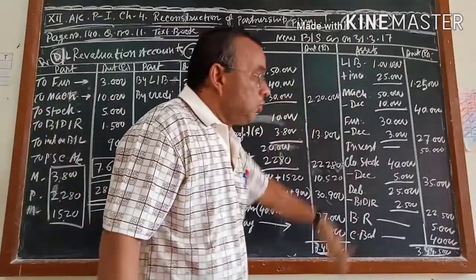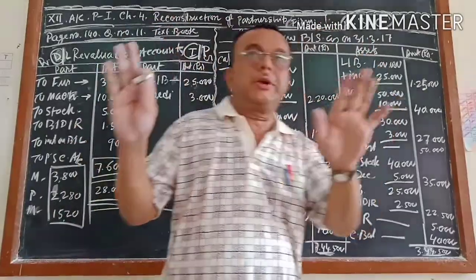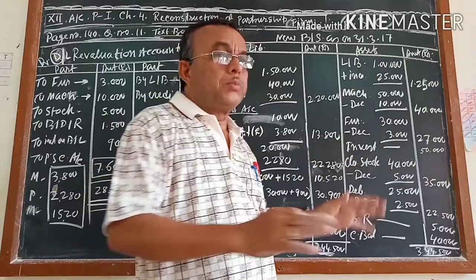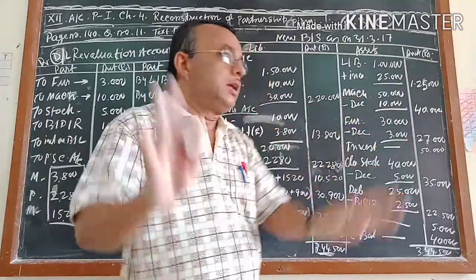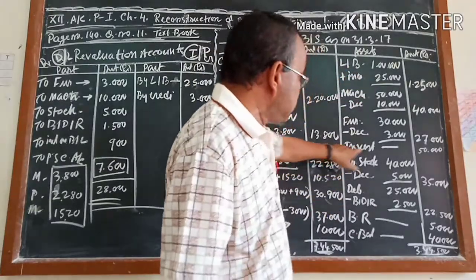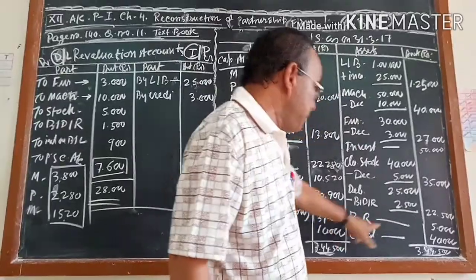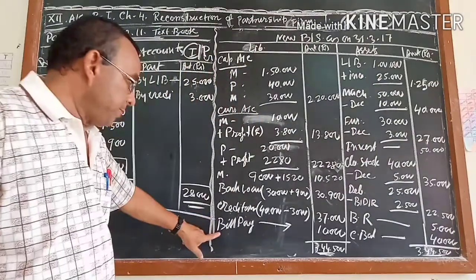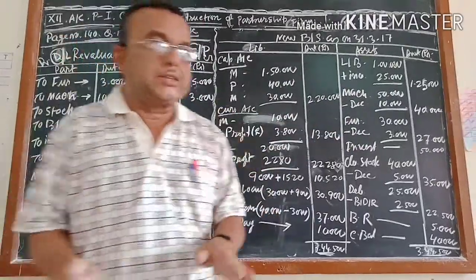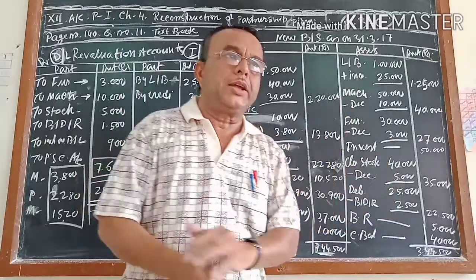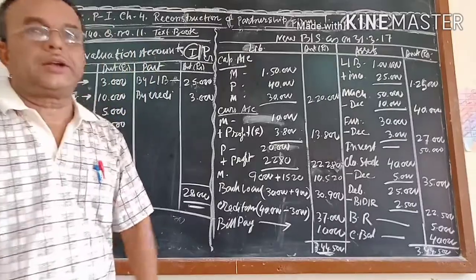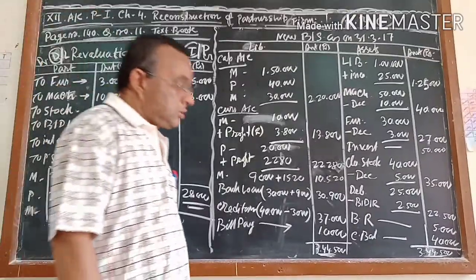And also remember the changes one by one. Suppose 7 adjustments are there. All these 7 adjustments are with whom? With whom the change will come, and with whom it is not there, their change will not come. See, in the case of land and building, change was there, but in the case of investment, there is no change. In the case of bills receivable, no change. In the case of bills payable, also no change. If no change, then the old value will be kept. If it is increasing, after adding you write it in the final amount. If it is decreasing, after deducting you write it in the final column. I think you understand this one.